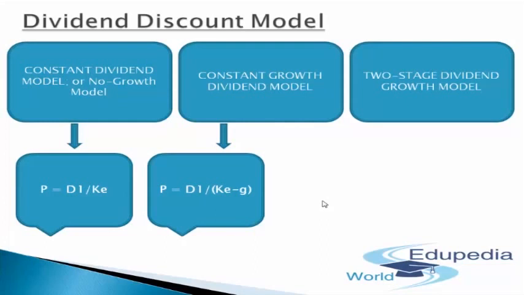So the last one comes as the two-stage dividend growth model. What is basically the two-stage dividend growth model? It is a model wherein you will be getting the growth rate in variable terms. So there might be a possibility that you invest in a company and that company provides you a dividend growth of, let's say, 10% or 5% in the first year. The same company provides you a growth of, let's say, 8% next year. As far as the growth rate is concerned, next year they provide you a growth rate of, let's say, 12% in a year.